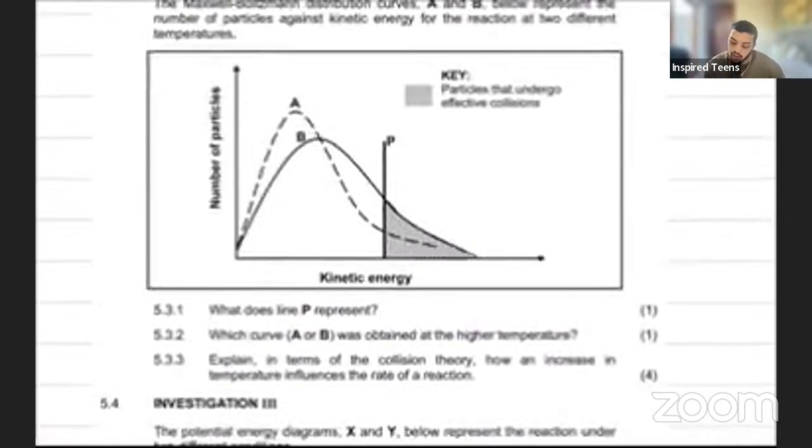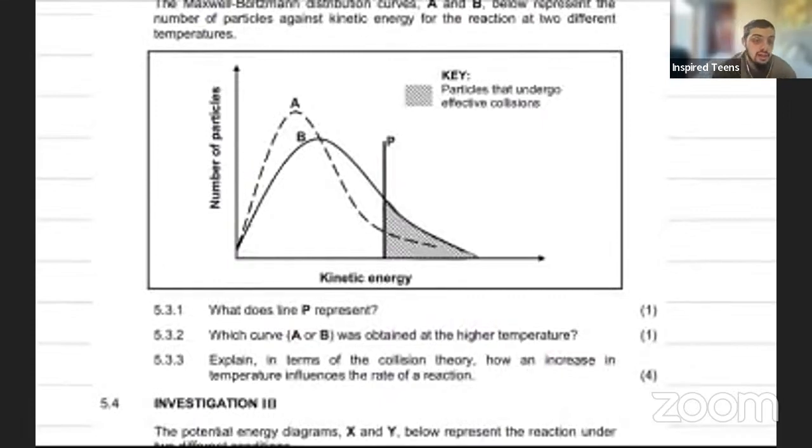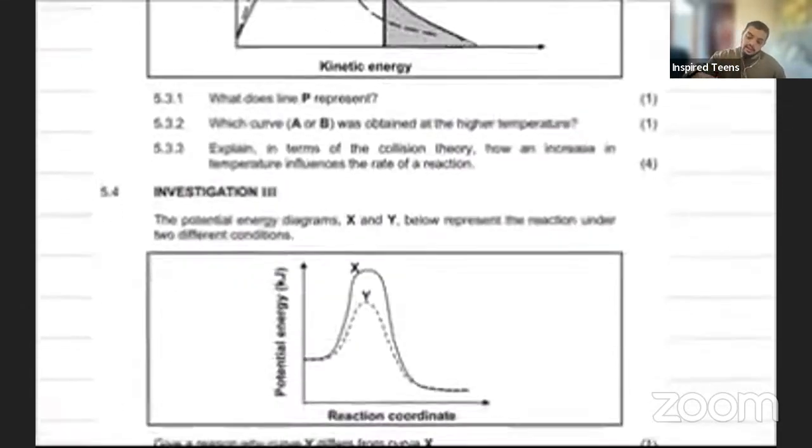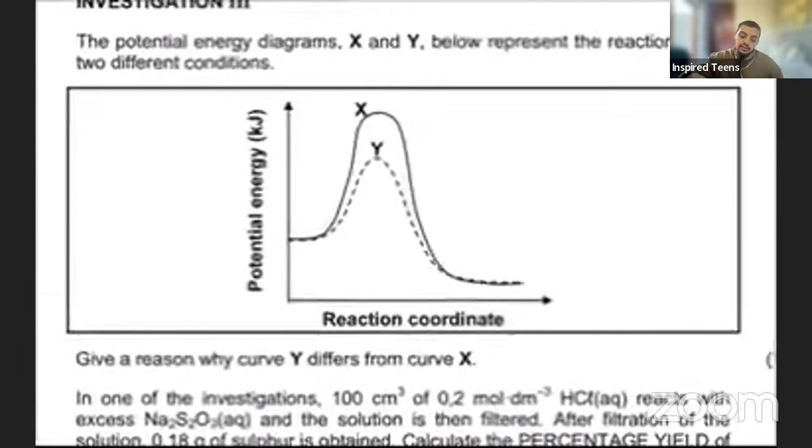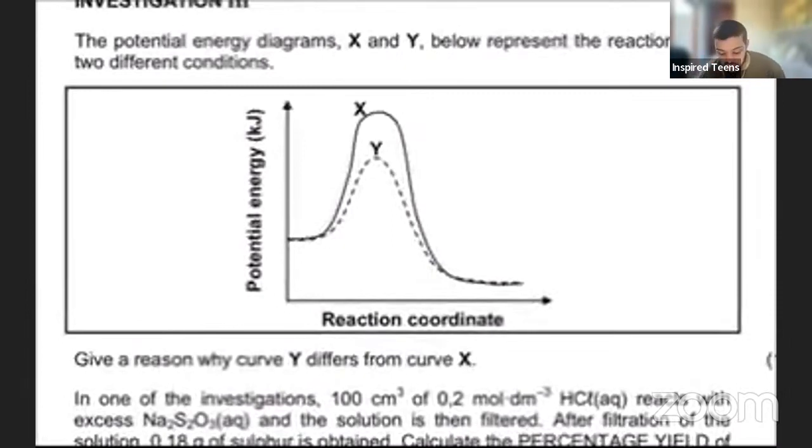Explain in terms of collision theory how an increase in temperature influences the rate of reaction. At a higher temperature, particles move faster or have higher kinetic energy. More particles or molecules have sufficient kinetic energy, right? There are more effective collisions per unit time, which results in the rate of reaction increasing. Let's look at investigation 3. The potential energy diagrams X and Y below represent the reaction under two different conditions. Give a reason why curve Y differs from curve X. So this is clearly a potential energy versus course of reaction graph. This clearly shows us that Y used a catalyst, because it doesn't go all the way up. The activation energy